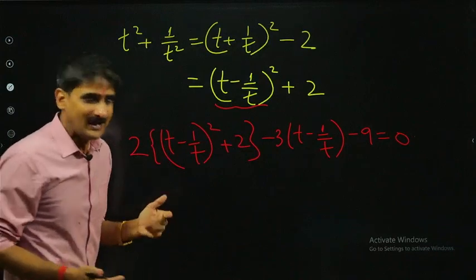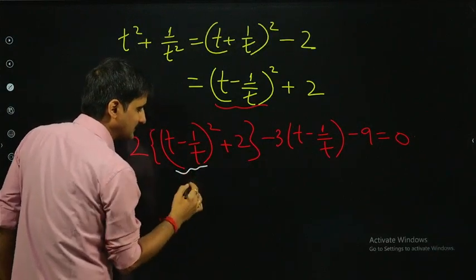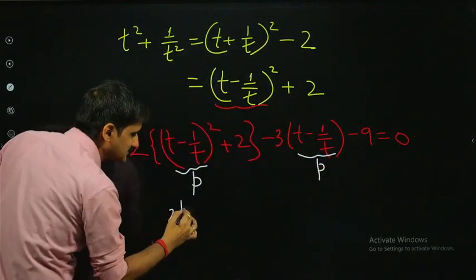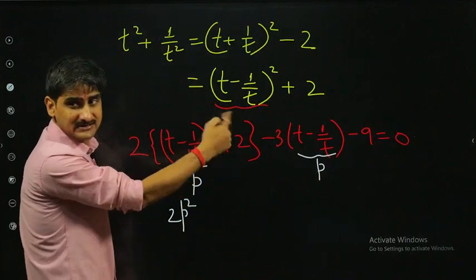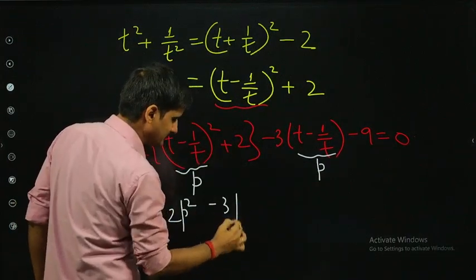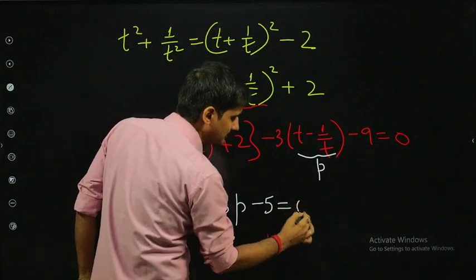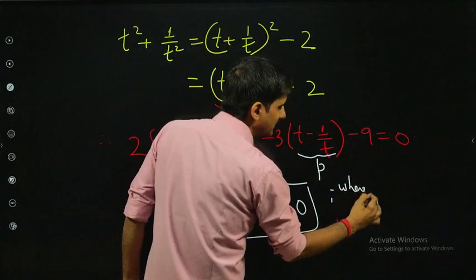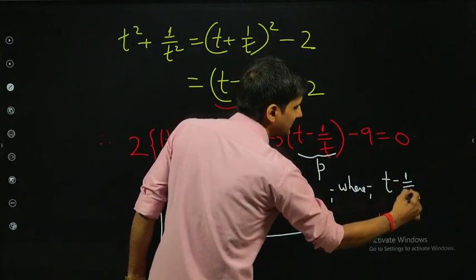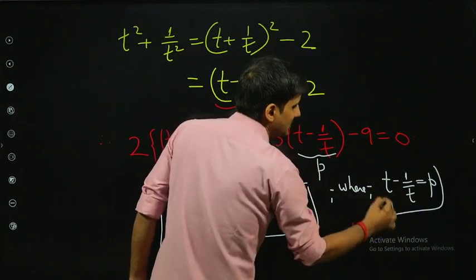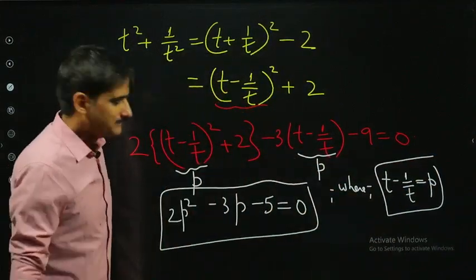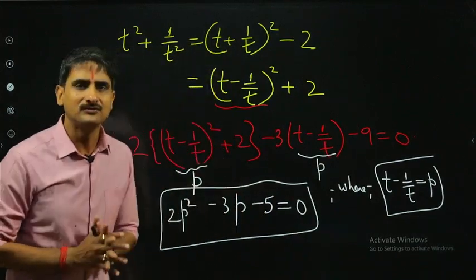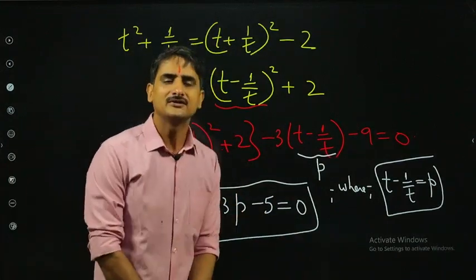Now simplify it and see, we got a quadratic, and that was the purpose. If I replace it with p here, so it's 2p square, plus 4 minus 9 is minus 5, minus 3p minus 5 equal to 0. We finally got a quadratic where of course I need to write it separately so that we don't miss it. t minus 1 by t is p here. And that was the ultimate goal here, to express it as a quadratic equation.